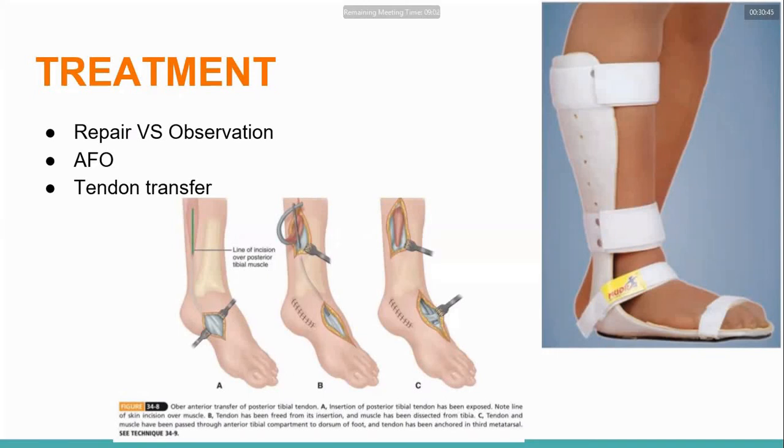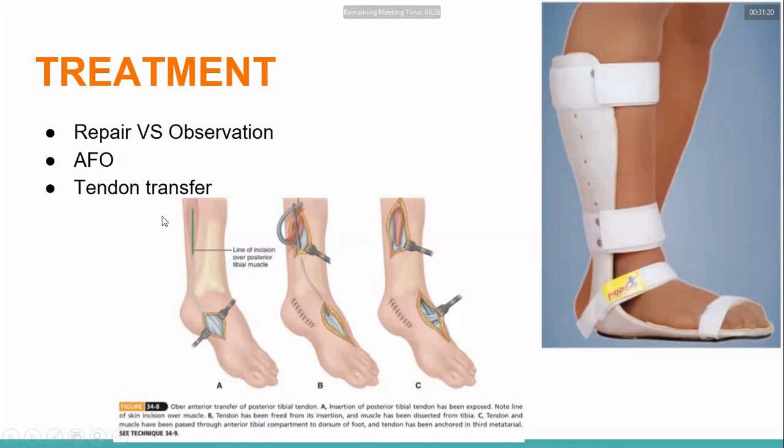Still, if you have repaired, the nerve function won't come back in a day or two. It will take months for the nerve function to come back. So in those cases also, you have to prescribe an ankle foot orthosis to keep the ankle joint in neutral position, because if you don't, the patient's foot will go into plantar flexion. If the patient develops a contracture with the ankle in plantar flexion, they cannot walk properly. To prevent that, you have to keep the ankle in neutral position. That's why you give an ankle foot orthosis.